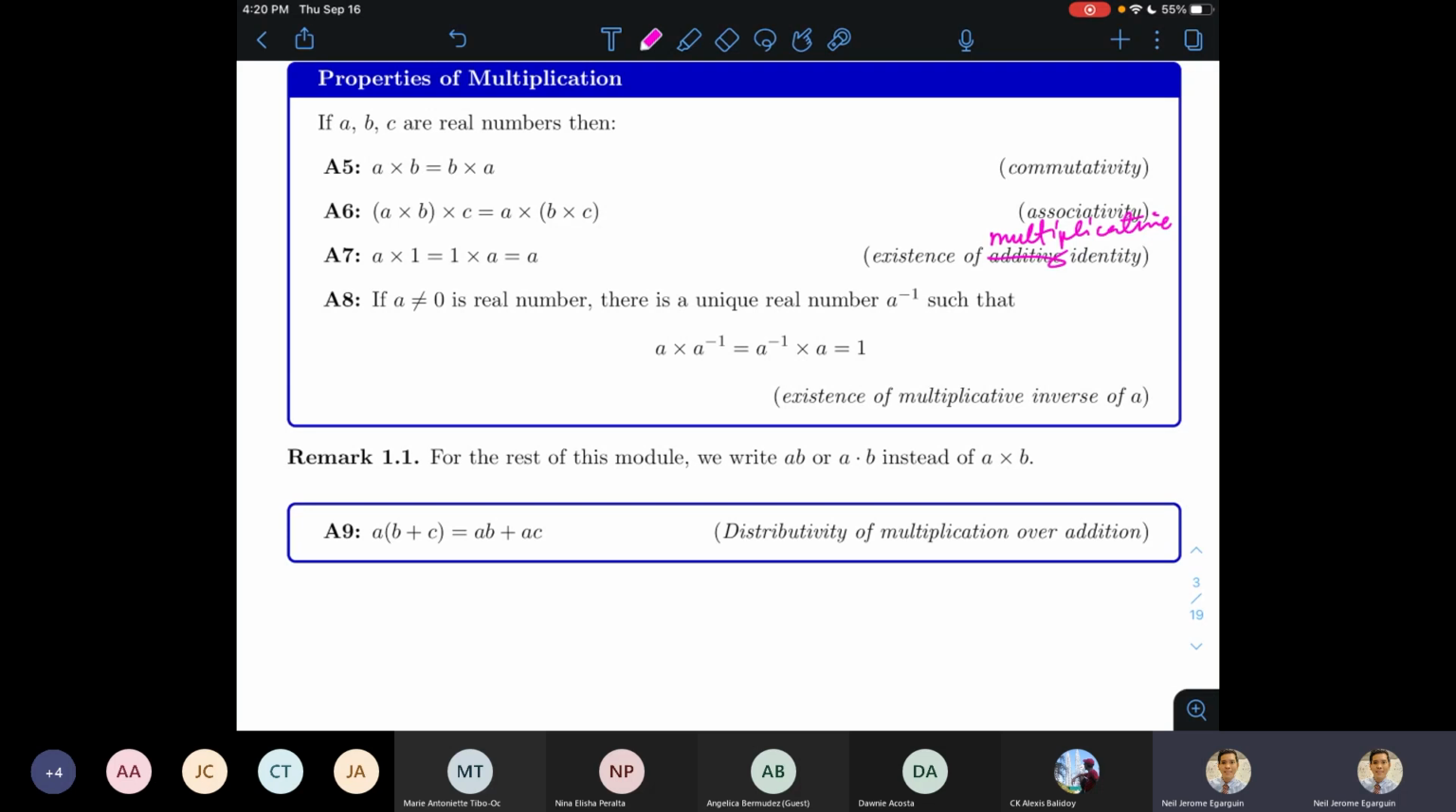Hindi lahat ng real number kailangang merong multiplicative inverse. In fact, any real number except the additive identity will have a multiplicative inverse. So that's why you have a restriction here that if A is not the 0 element or is not the additive identity, then we can find a unique real number denoted by A inverse. So for now, we don't have any notion of fractions. We don't have any notion of negative exponents. So, but here, A to the negative 1 is simply a notation for the multiplicative inverse of a non-zero number